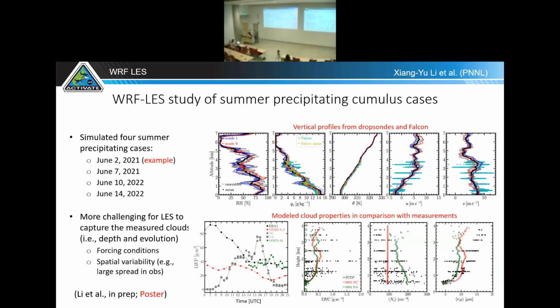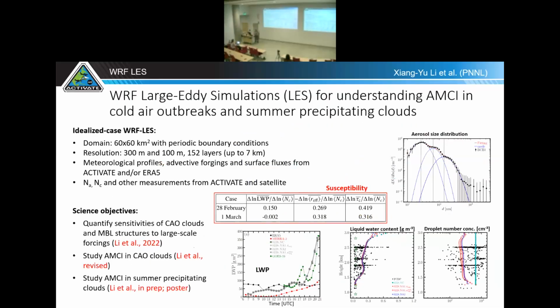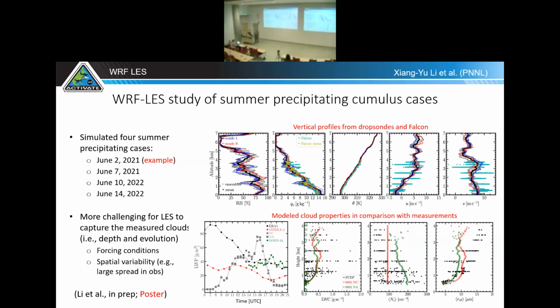We also characterize the metric, the susceptibility, which can also be compared to measurements. Then we have an ongoing study on the summer precipitating cases. We have simulated 4 summer cases listed here, showing one example based on the June 2nd case. The top row shows the